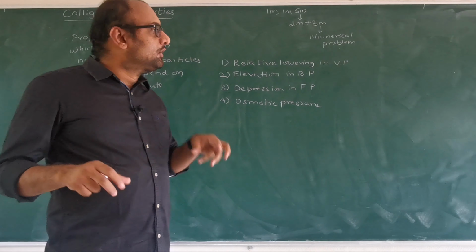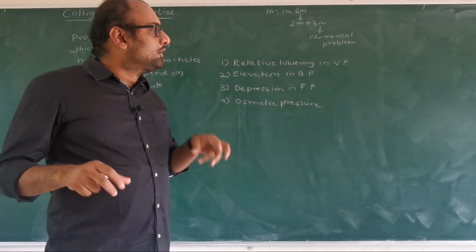Now, you know that the sum of mole fractions of components, we have two components A and B, so XA plus XB will be equal to 1. You know this already. If I send XA to the other side, you get XB is equal to 1 minus XA. So 1 minus XA is nothing but XB. So in place of 1 minus XA, I will substitute XB. So I'll get P naught A XB.